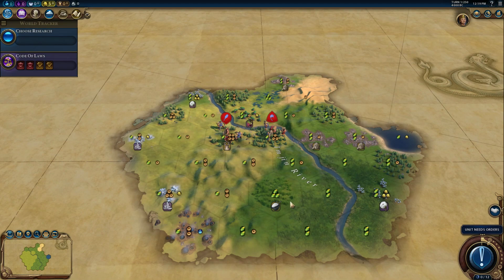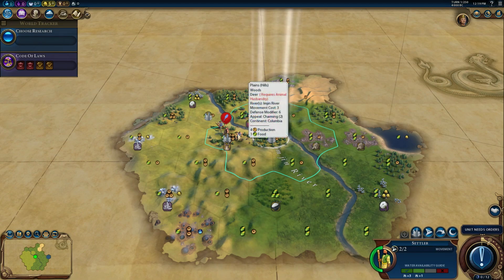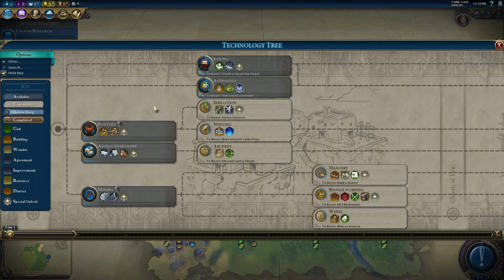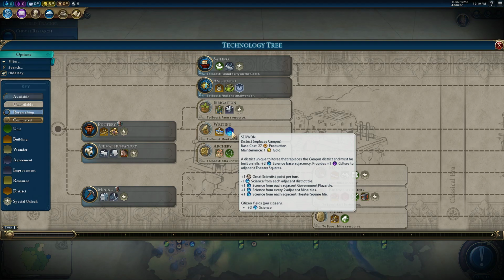But what I'm looking at is that I'm trying to find optimal Seowon spots where I can get all the tiles being really nice and worked. Because Seowons get -1 adjacency for every district that's next to them. So if we open up the tree, you can see right here that they get -1 for each adjacent district